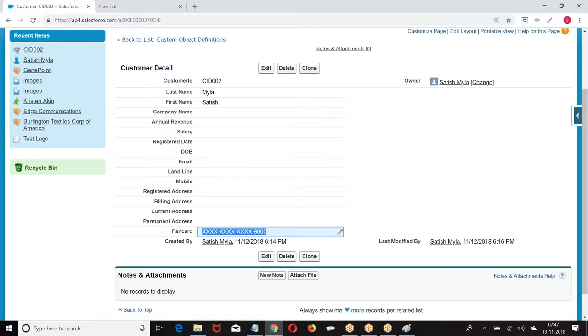I cannot use this in formulas. I cannot use this for searching the data. I cannot use this for writing a condition. I can use it in validations. Okay, I hope everybody is good with this.